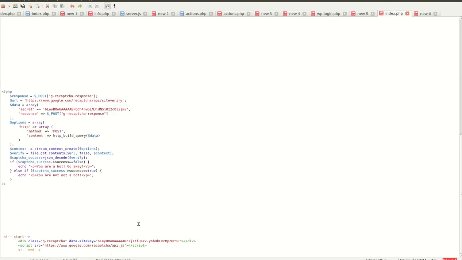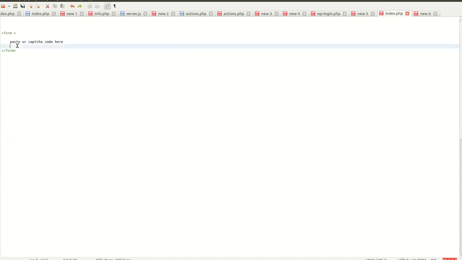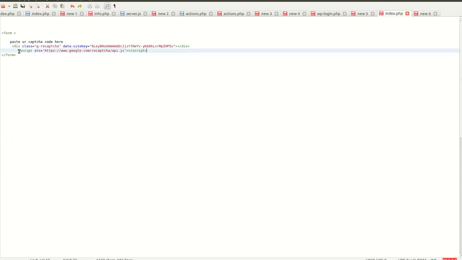Okay, I will show you which code you need to add in your website. At the end of your form, near the submit button, just paste this code which you will get from the internet or from somewhere else. You have to enter your site key here. Okay, so you have to enter your site key, which you get from the Google CAPTCHA console, and this adds in your page. After adding these two things, you will see a CAPTCHA on your page.